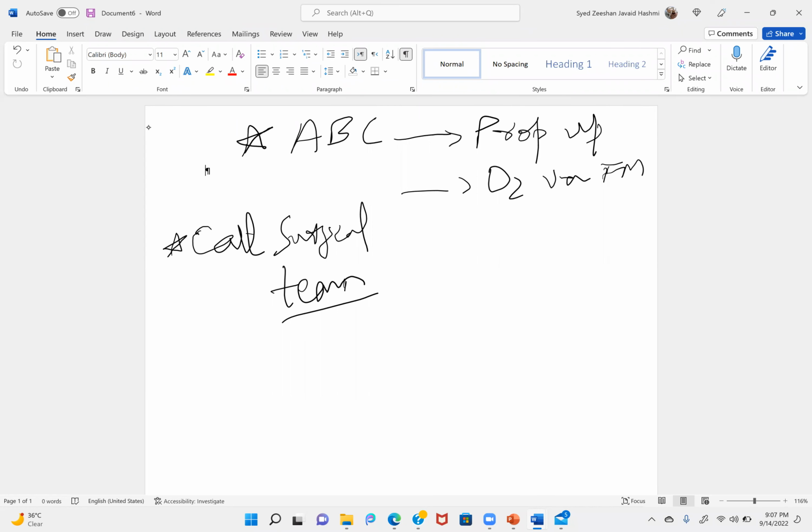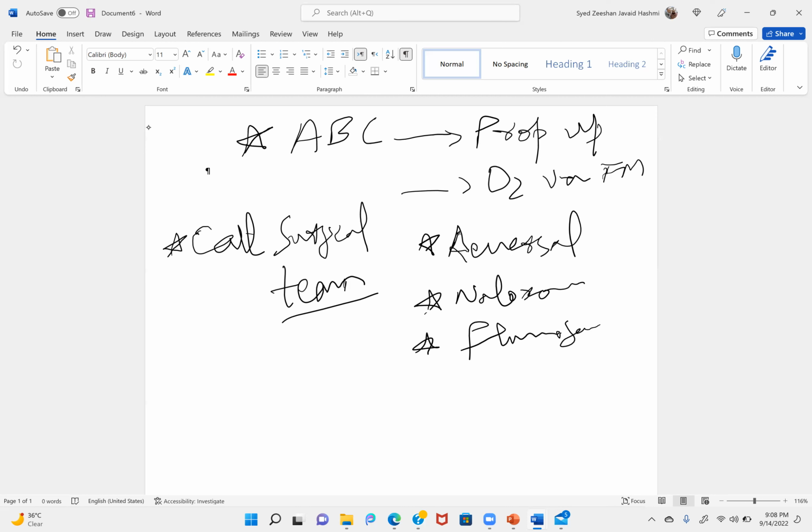First of all, tell the things which you may need to reverse. For example, if hypoventilation is caused, you might need to give a reversal agent like naloxone or flumazenil. Try to tell the things which are related to you: inadequate muscle relaxation, muscle relaxant reversal, opioid overdose, or benzodiazepine overdose. So say these things first.